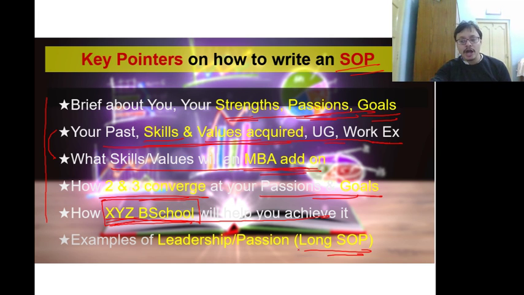So in case of long SOP, make sure you're keeping a lot more detail. In case you worked, mention at least one or two examples from your work experience where you've handled critical situations. But all that is only if it is a long SOP. In case of short SOP, just touch upon these points, but do not forget to talk about your B school as well and how the given program will help you, and make sure that you're talking about things that are related to that.